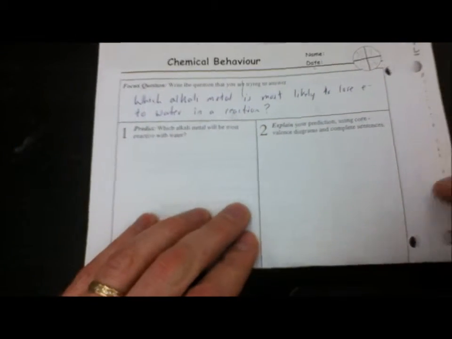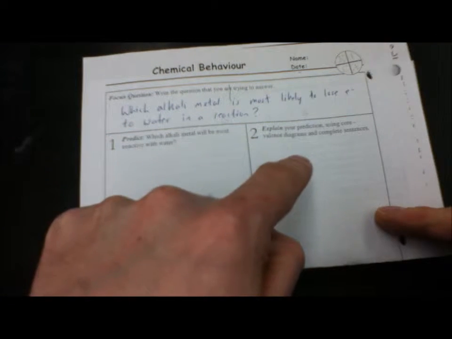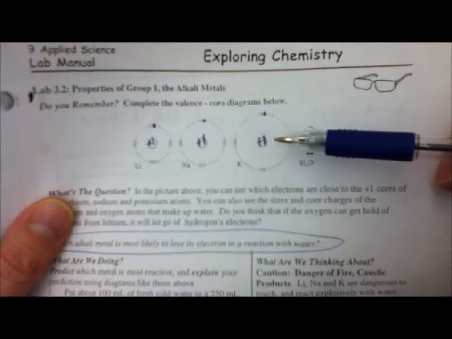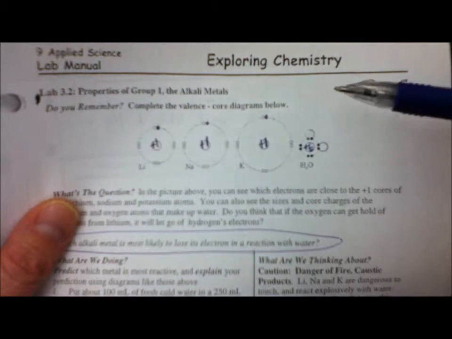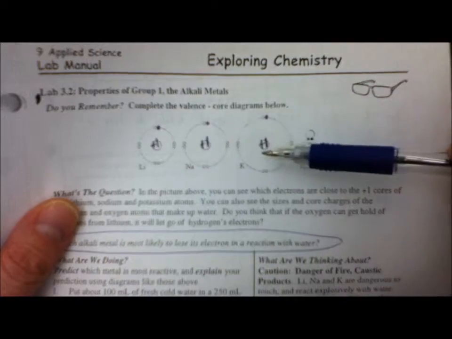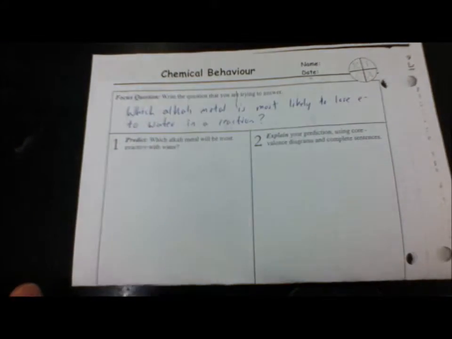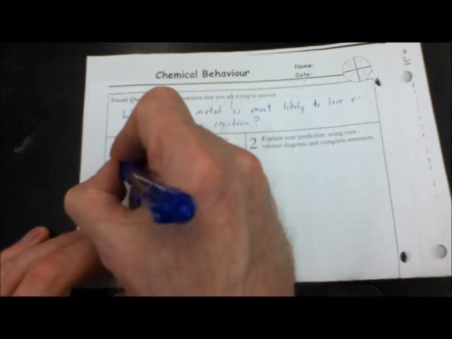Okay, and we're going to continue here, and what we want to do is also write a prediction and write an explanation. And so which alkali metal will be the most reactive with water? Well, what we want to do is look at the valence electron core charge diagrams we did, and you'll notice that the core charge is the same, the valence electron is the same, but the actual size of the elements is not the same. Lithium is the smallest, potassium is the biggest. And when it comes to metals, the elements that are the largest in size tend to lose electrons the most easily. So it's going to be potassium